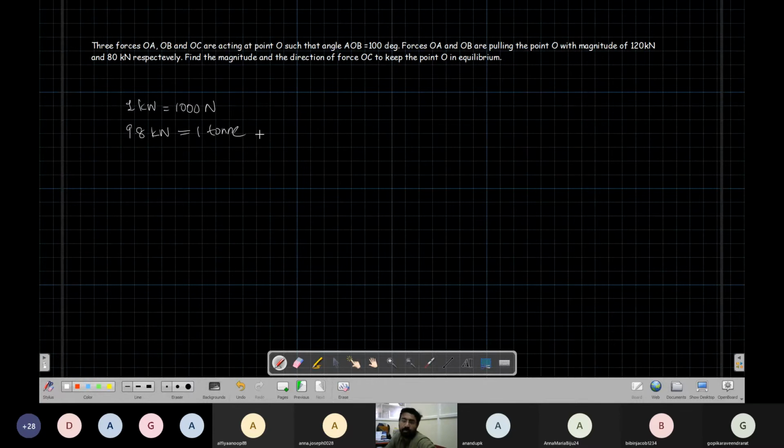Why? Force is equal to mass into acceleration. So 1 ton is 1000 kg, and 1000 kg into 9.8 meter per second squared gives me 9800